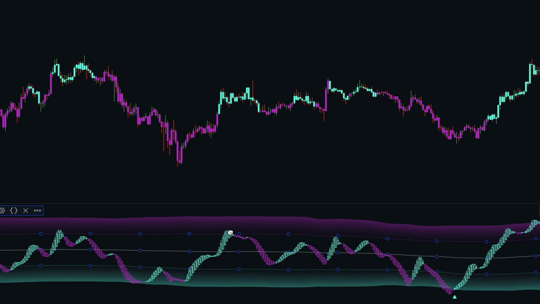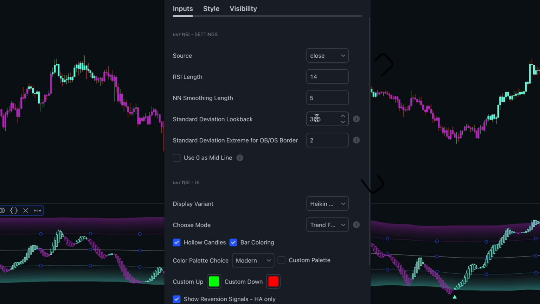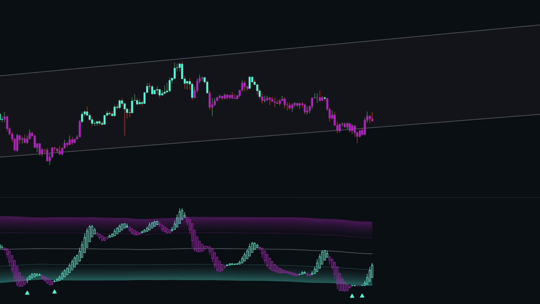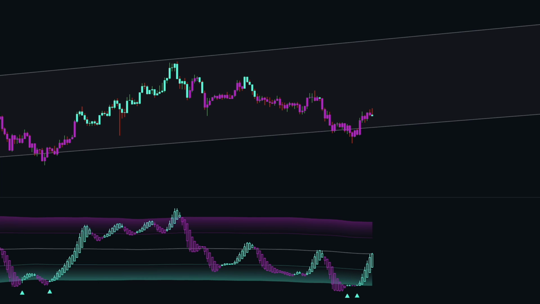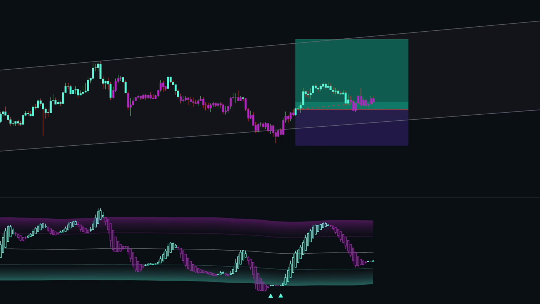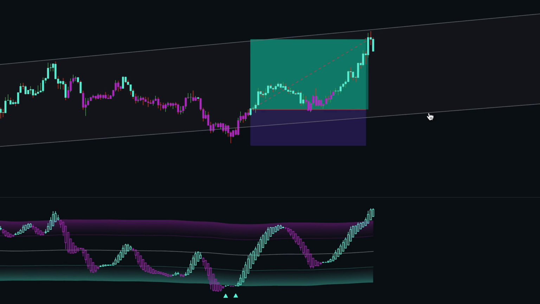The two parameters you should focus on are the NNT smoothing length and standard deviation extreme. These will affect signal accuracy and frequency. I recommend combining this AI oscillator with trend-following indicators like moving averages, trend channels, supply and demand zones, or even with the third indicator on my list,